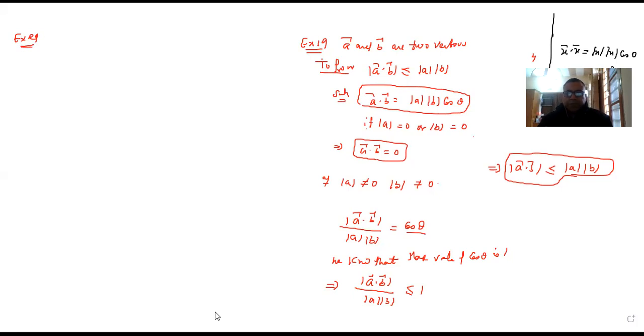Disha? Kiranjeet? No doubt, sir. Okay. Now, for any two vectors A and B,